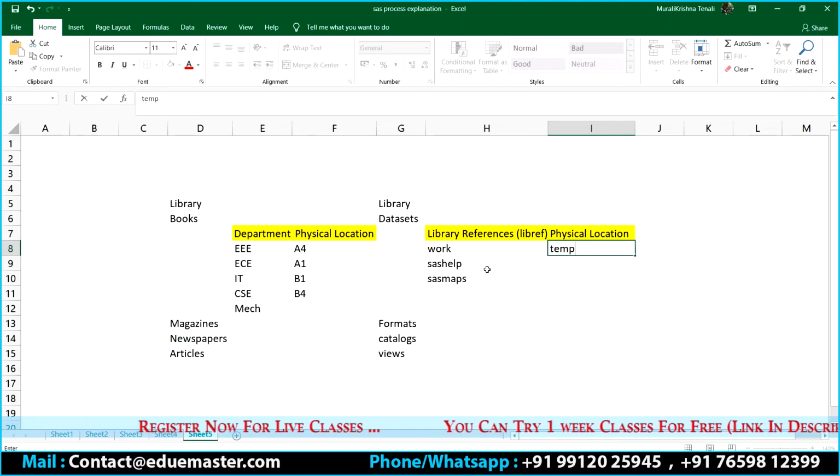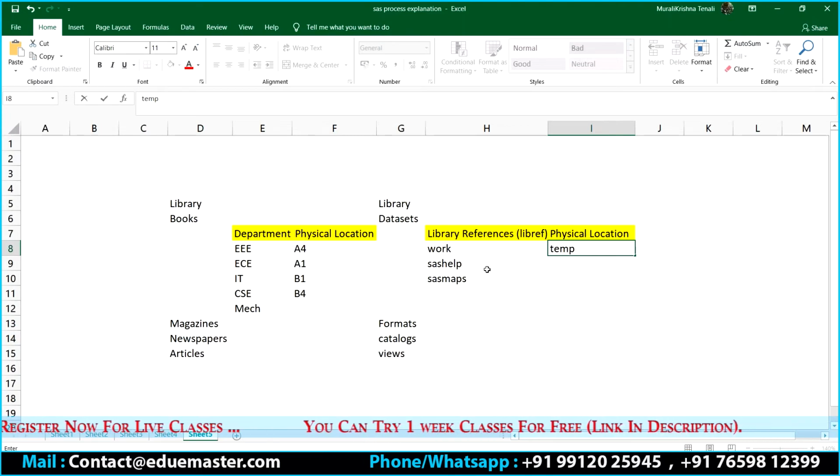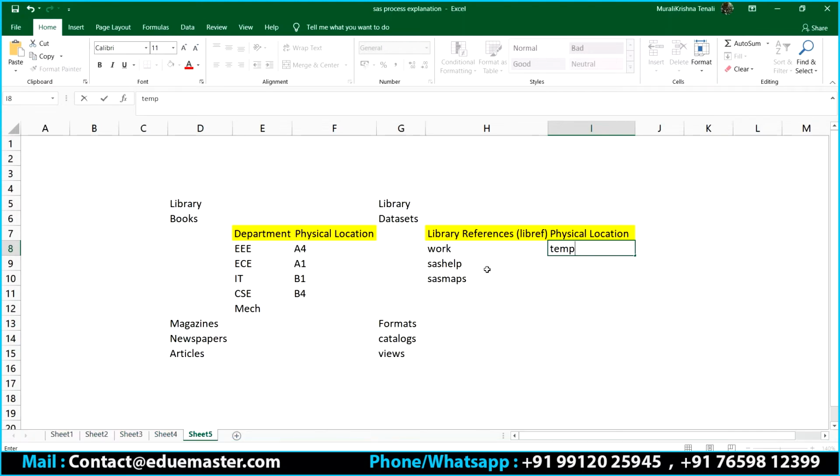So how can I relate this to a library? In general, let's say every day I can go to the library. Whoever is your librarian, wherever he finds an empty desk, there he will put the newspapers. Today he will put them at one place, tomorrow in another desk, the day after tomorrow in another desk. Every time he keeps changing the place where he keeps the newspapers. Wherever available space is there, he will keep it, right?